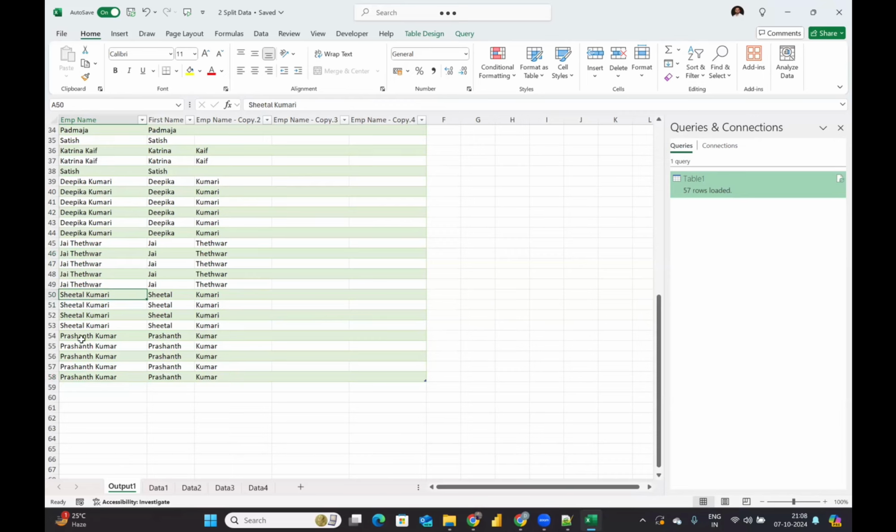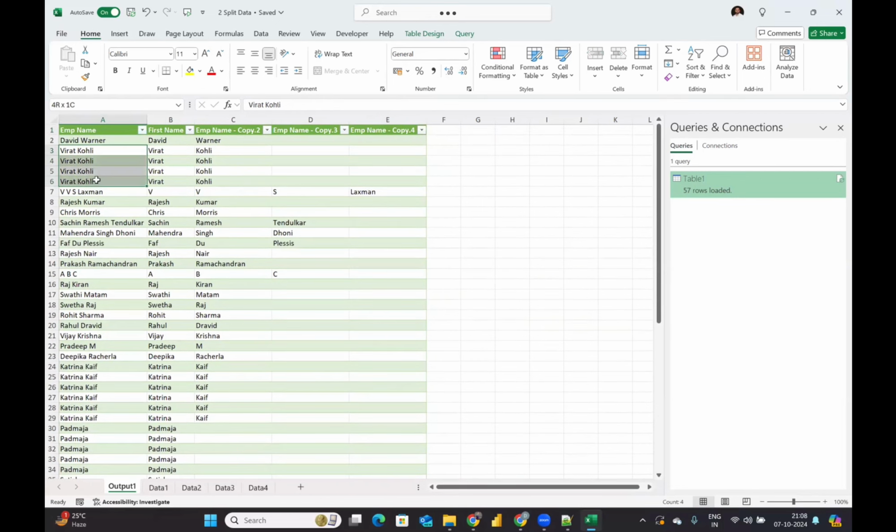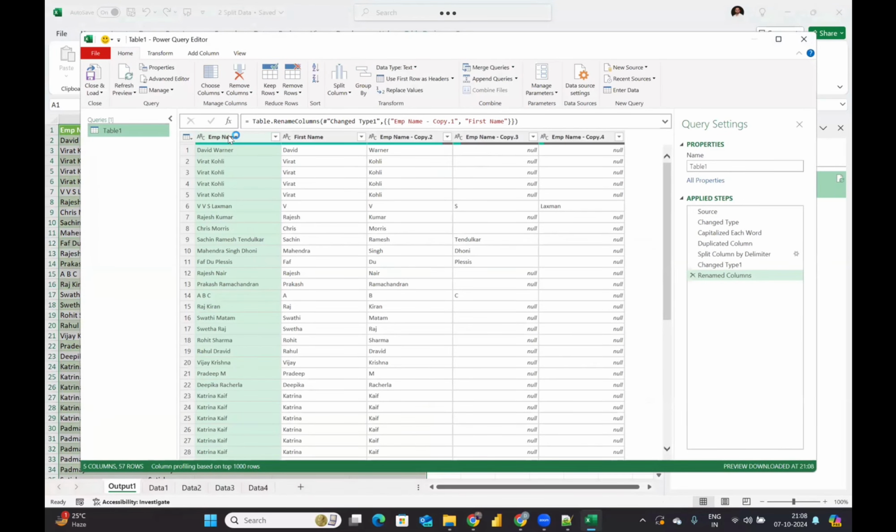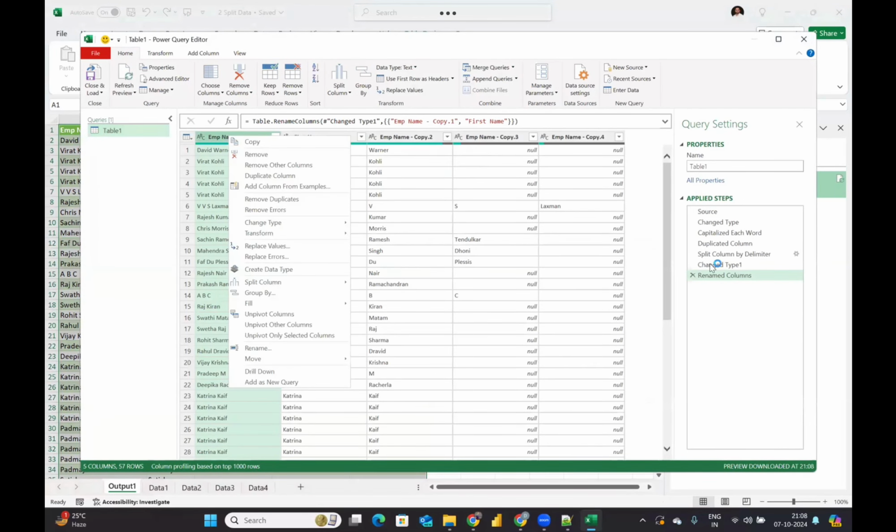What you can do, you see these names are showing, newly added names also showing, but there are many duplicates. विराट कोहली भी ऐसा ही है, देखो बहुत डुप्लीकेट्स हैं, राइट। ये ऑलरेडी पावर क्वेरी जो भी क्रिएट करे ना, वो राइट साइड में है, उसको डबल क्लिक करो, वो क्लोज एंड लोड करे तो लोड क्लोज हो गया था, फिर से ओपन करें। अब मैं क्या करूँ बोले तो इसको एम्प्लॉय नेम को सेलेक्ट करके राइट क्लिक करके ये पूरा स्टेप्स करें अपन। नाउ विल गो हियर, रिमूव डुप्लीकेट्स बोलता हूँ।